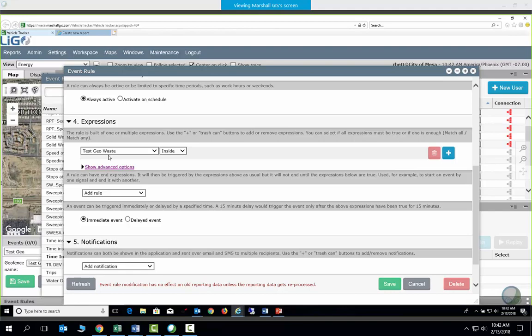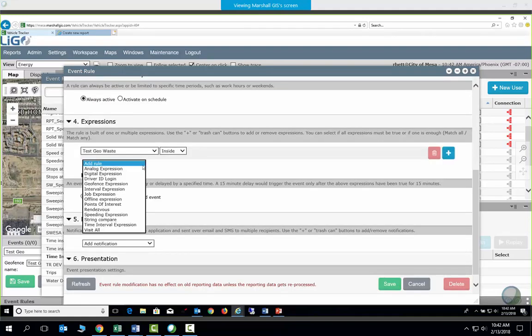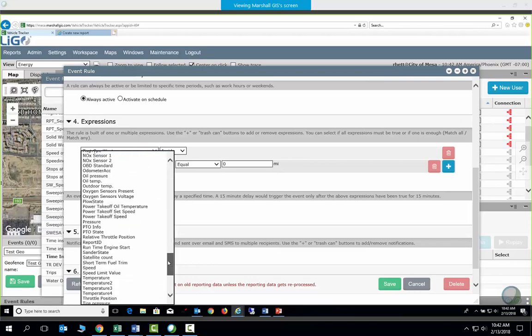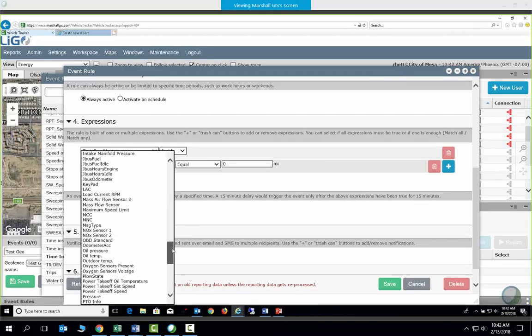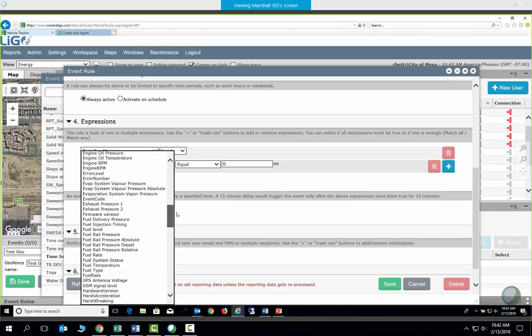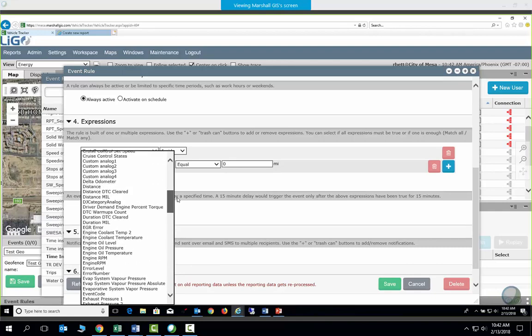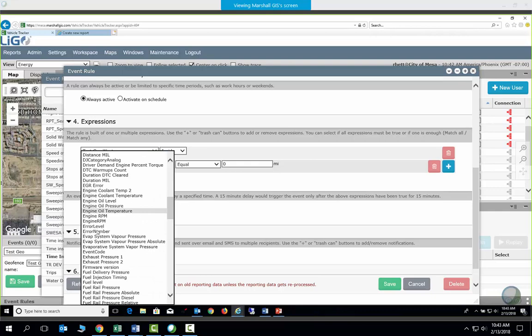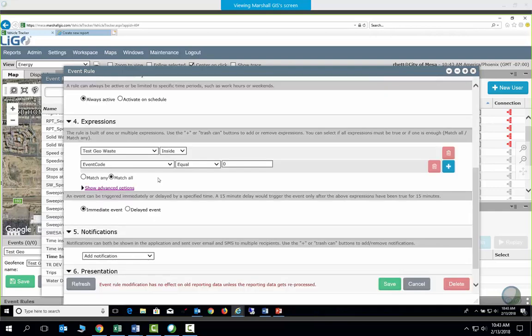So when the trigger goes inside, I think we can do a combination here, either adding a rule, which would basically be an analog rule, an ongoing rule. Yeah, it might actually be an event code. There's going to be an event code specifically for the arm going up, and